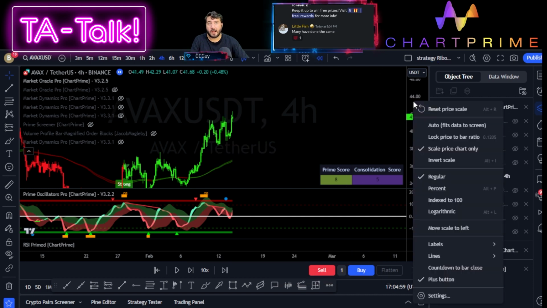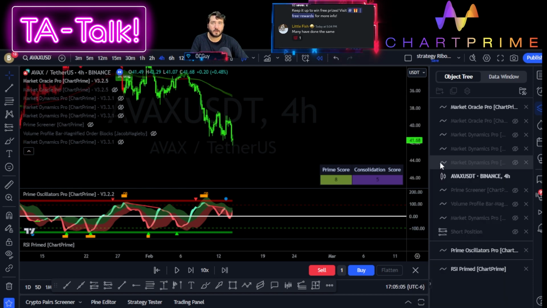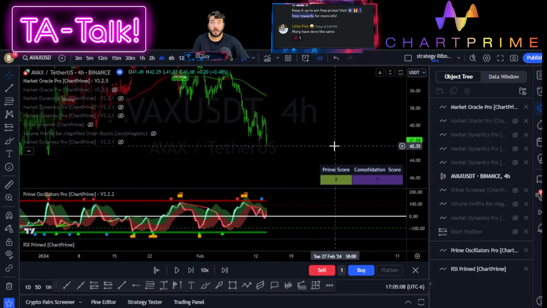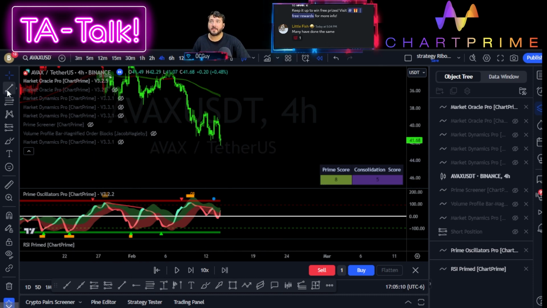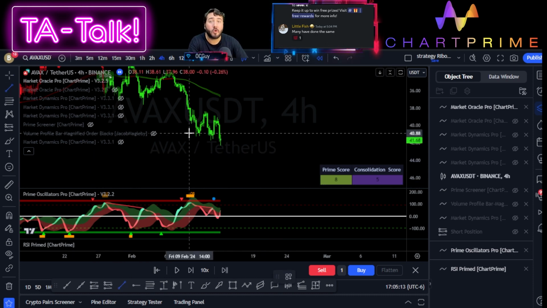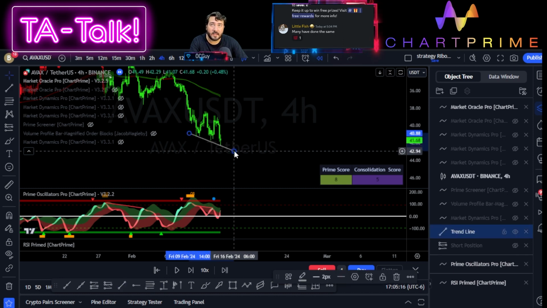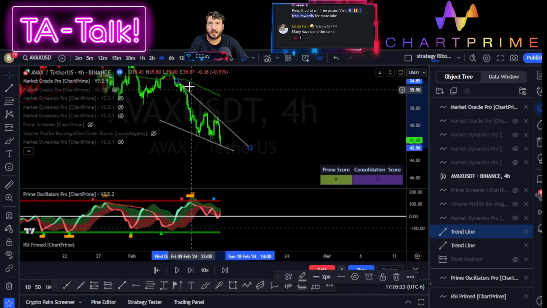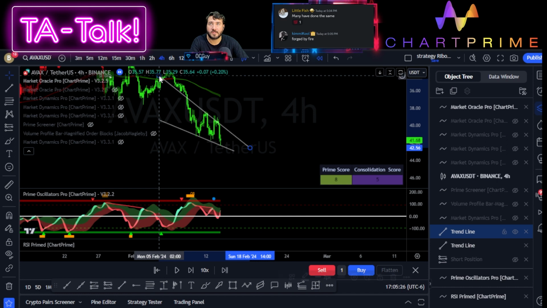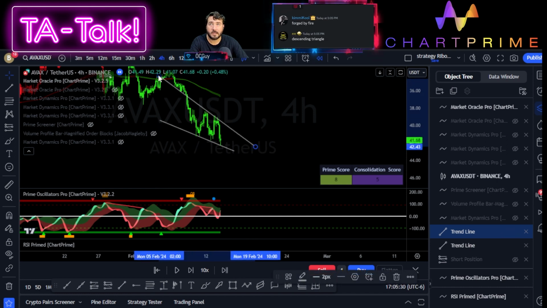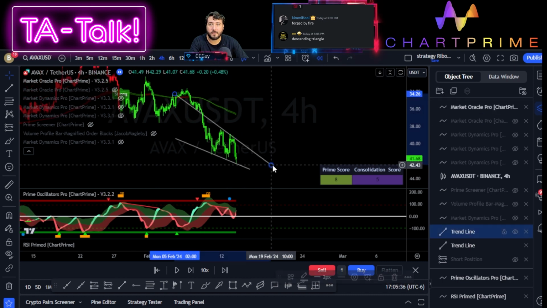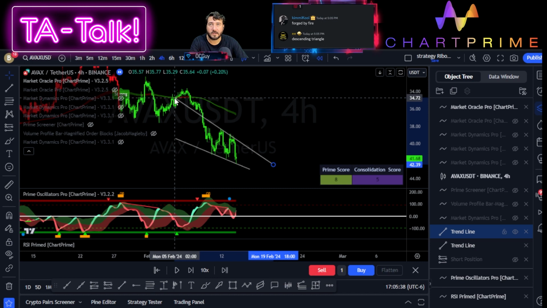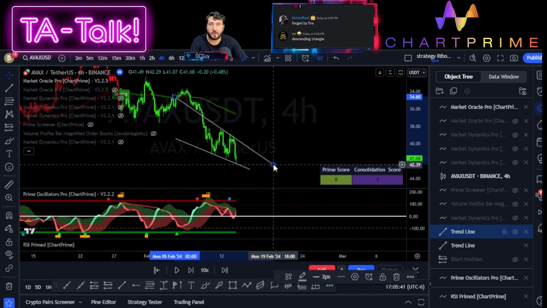Let's do it. Right click on the price action and invert the chart. Invert scale. Here we go. All right, what am I seeing? Now that I have a cleaner view, look at that, which I was ignoring. This is a what? And also, I can actually go like this, and maybe, well, that was too much. Here we go. This is another what? Trend line, right? Let's make it as precise as possible. Let's be very, very picky about where I place my things here. Here we go. I think that will look way better.